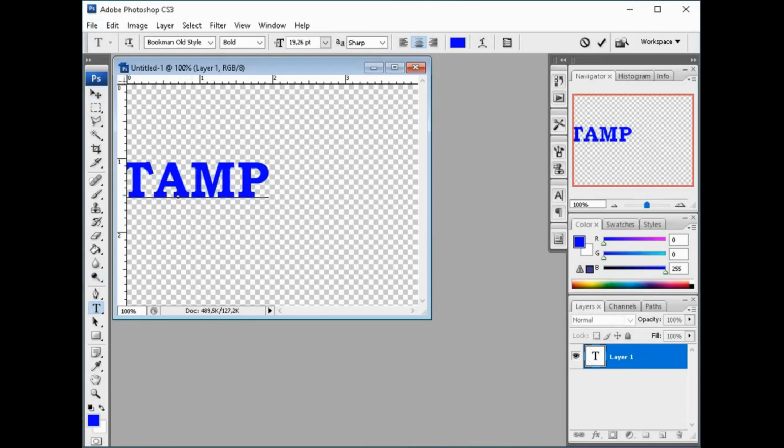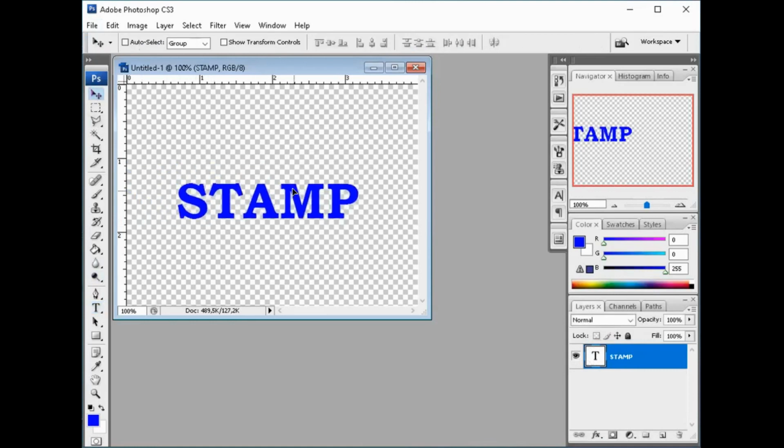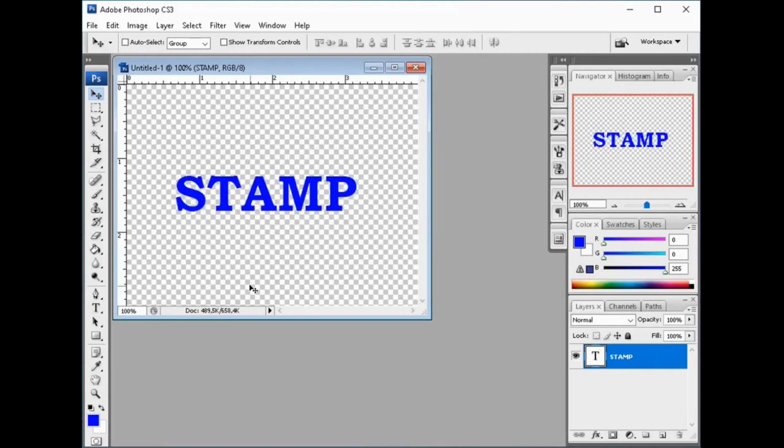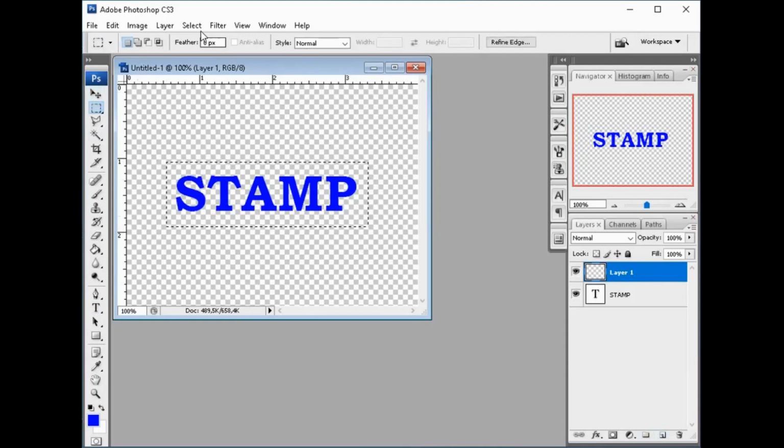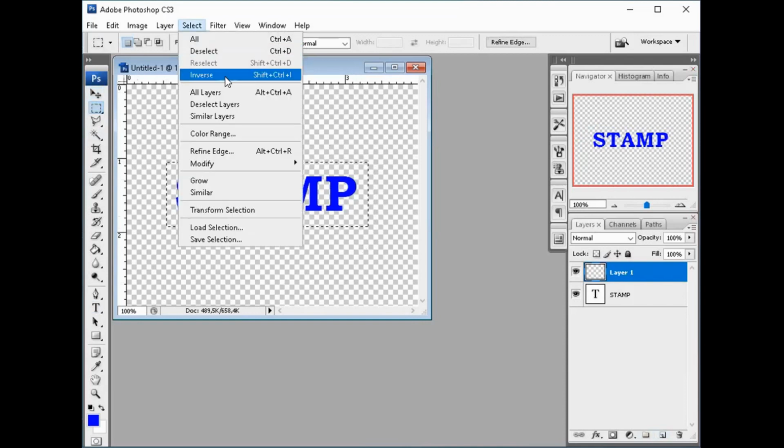Okay, maybe like this. Okay, after that I create a new layer. Square like this, and then inverse.